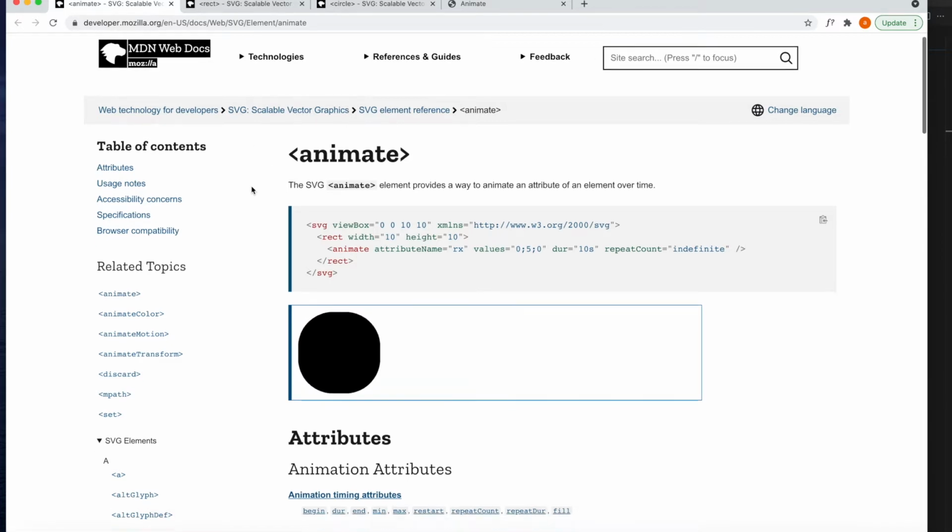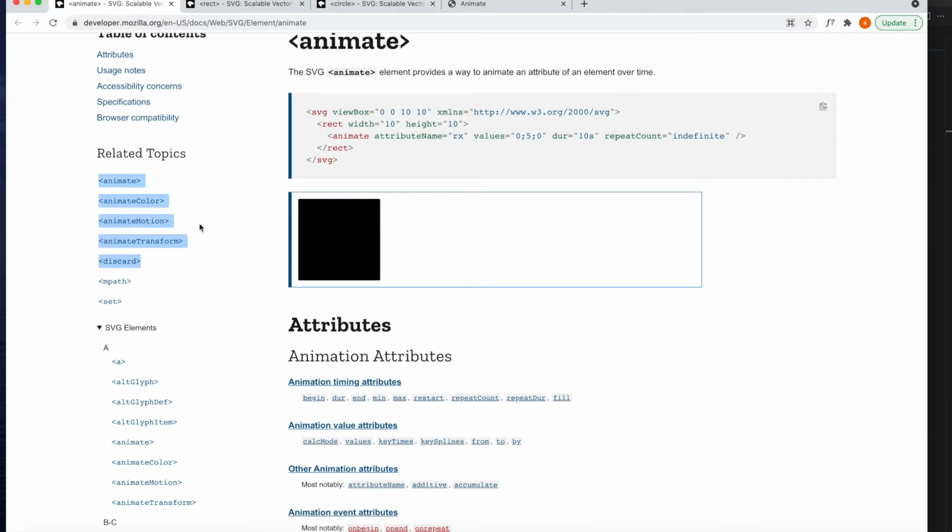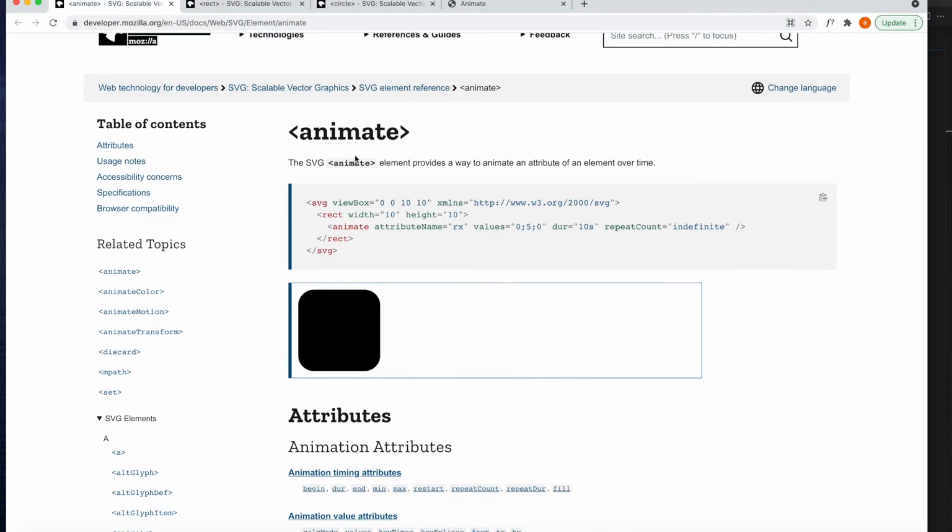So if you see the documentation of the SVG, or if you're following the Mozilla developer docs, I found a few SVG elements that are helpful to animate SVG elements, such as animate. We have a few others like animateColor, animateMotion. So we'll be doing a series on all those SVG elements that are used to animate the basic shapes, or different parts of the SVG, since they have different ways to animate. So in this video we'll be seeing how animate works.